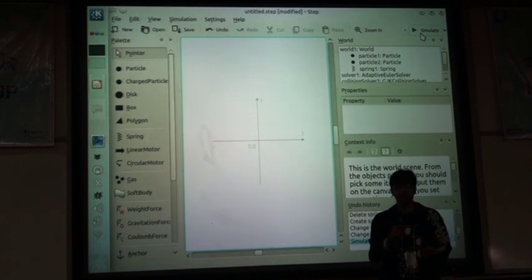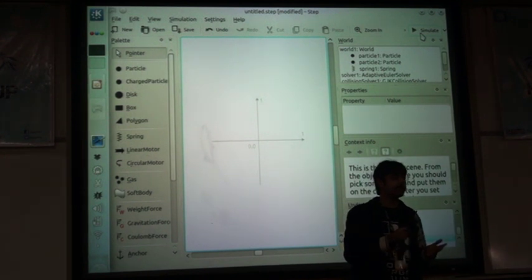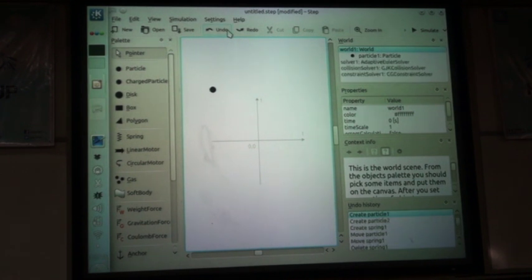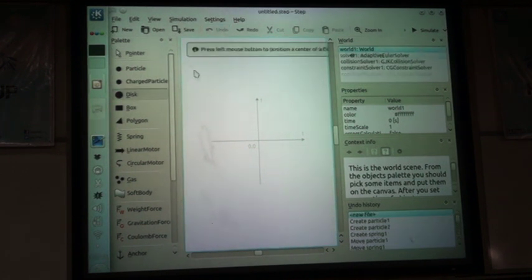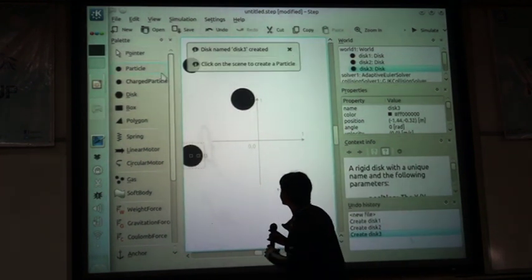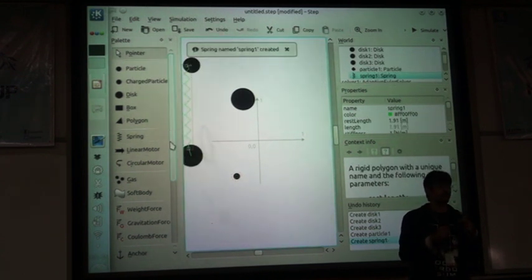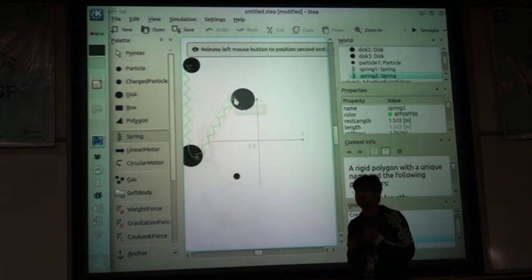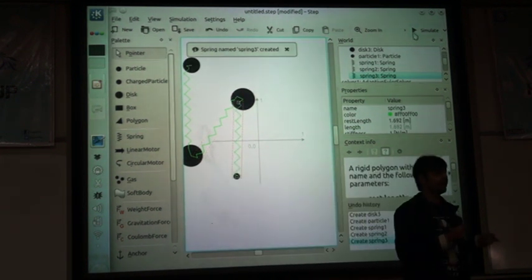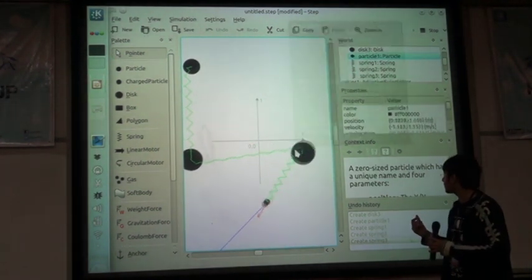First year for your college, and so all the experiments that you did in college can be simulated using STEP. One of the important things about STEP is that it can be used not just for college students. You can use the software to demonstrate physics and teach physical concepts to students of all ages. Because this is just like a playground, very easy to use, very trivial to use, and you can have